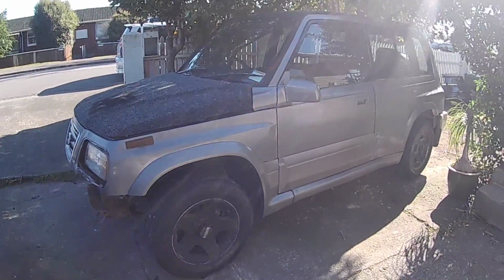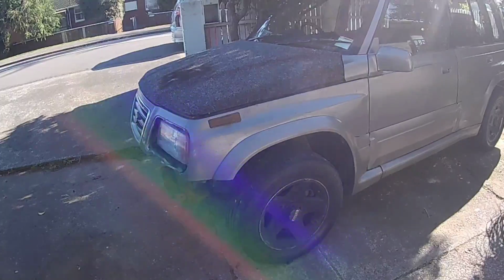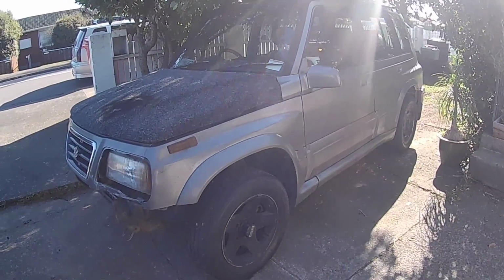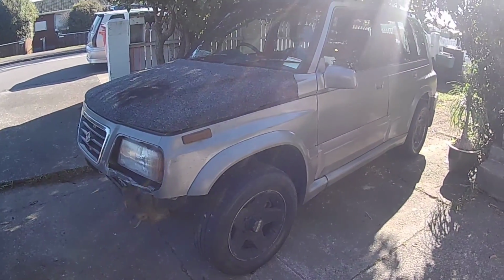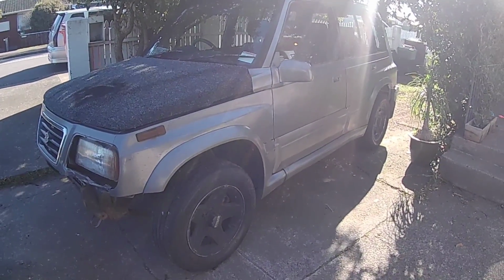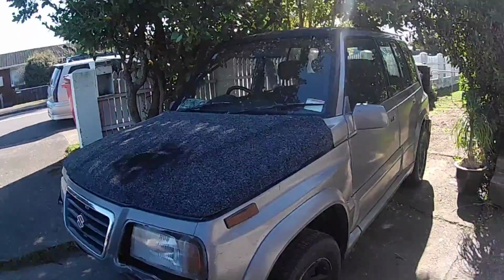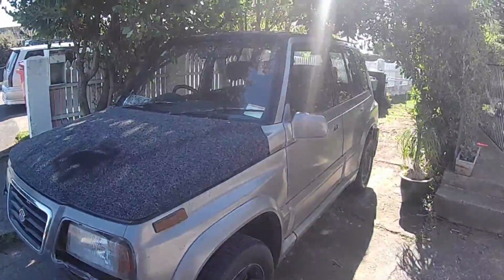Alright, so here's the little parts truck we went up north and bought last Saturday. I hadn't filmed anything on it yet, just working, weather's been turning. I didn't do much filming on the trip because we were trying to hit a deadline. We went from Wellington to Bombay and back in 16.5 hours with this bad boy. It's actually a 95 Mazda Proceed, but it's pretty much the same as a Suzuki. As you can see,